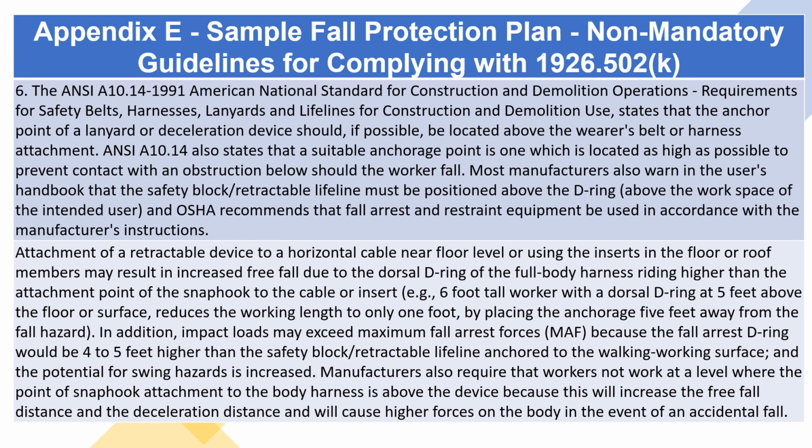E.g., a 6-foot-tall worker with a dorsal D-ring at 5 feet above the floor or surface reduces the working length to only 1 foot by placing the anchorage 5 feet away from the fall hazard. In addition, impact loads may exceed maximum fall arrest forces, MAF, because the fall arrest attachment would be 4 to 5 feet higher than the safety block/retractable lifeline anchored to the walking working surface, and the potential for swing hazards